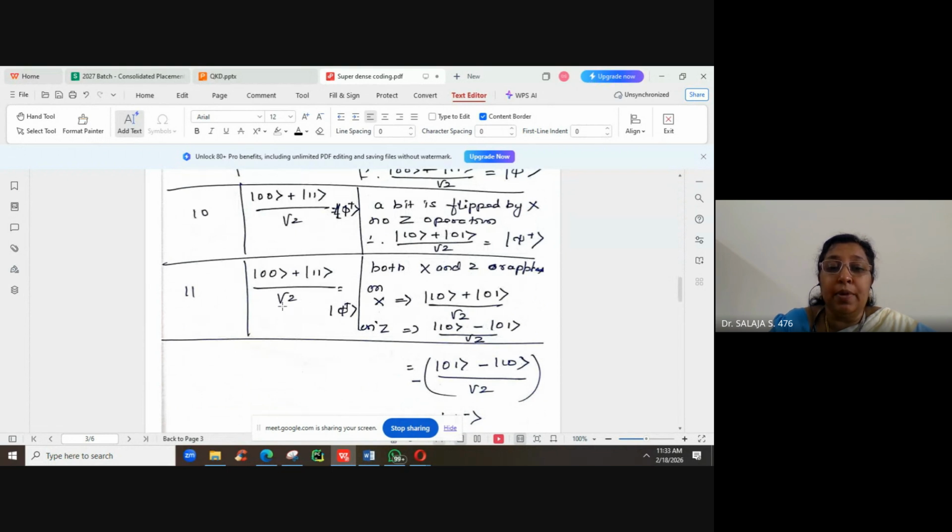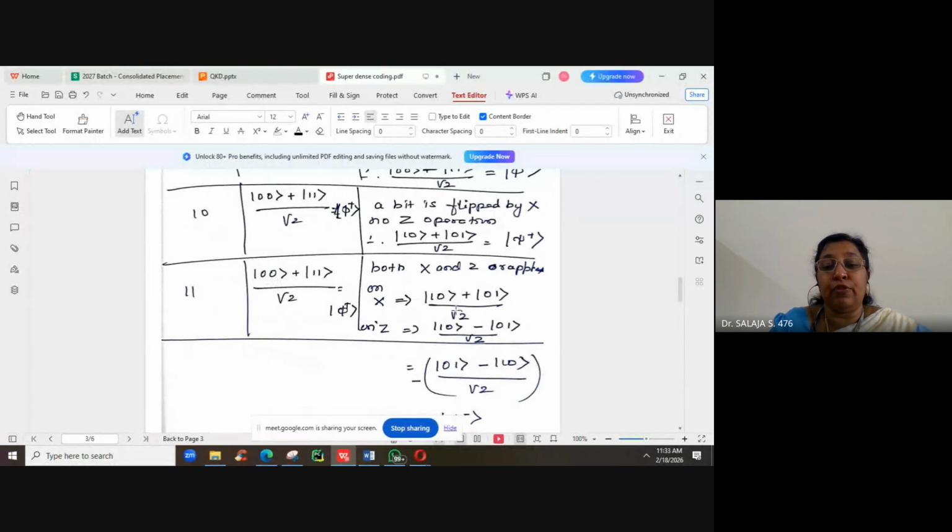The last case, where both A and B values are 1. What really happens? Both operations X and Z are applied. On the application of X, you have 0 which is converted to 1 and 1 which is converted to 0. Now the Z operation has to be applied on the second part, because when you have 00, the first 0 indicates something related to A, the second 0 relates to the second input